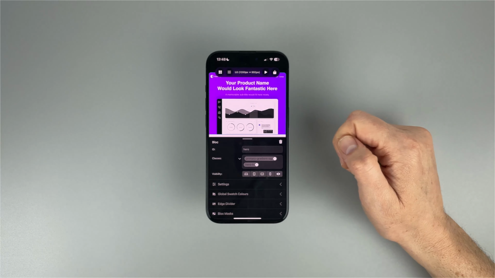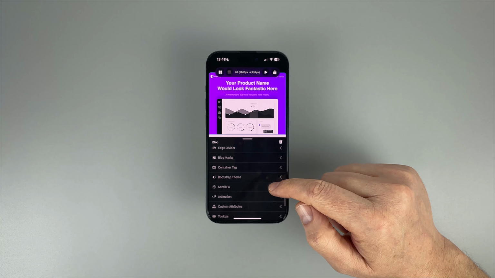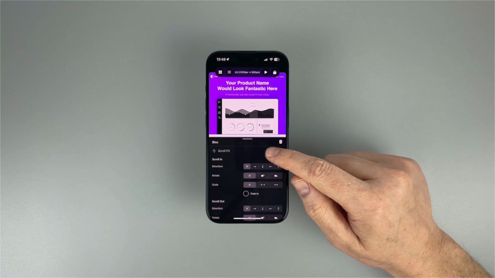Swiping up on the toolbar will quickly open the inspector controls, giving you access to a greater number of advanced settings for the currently selected element.